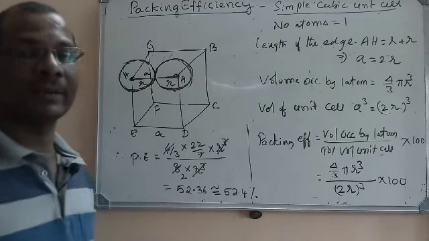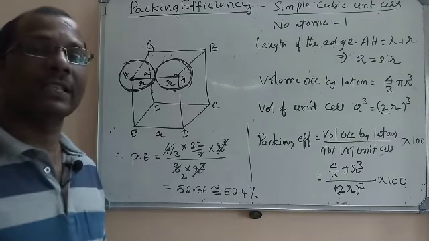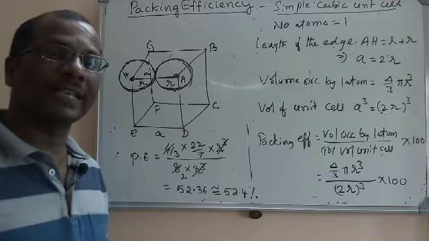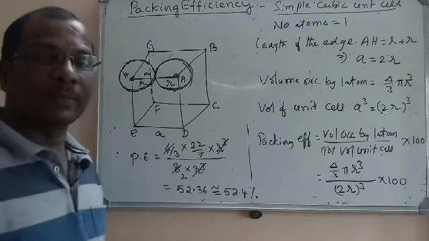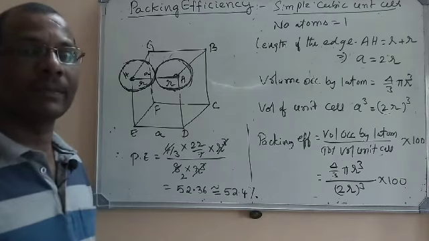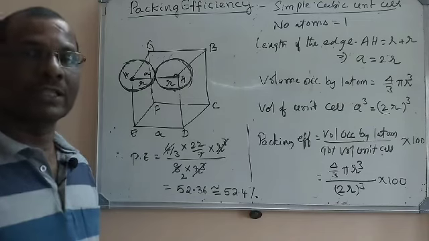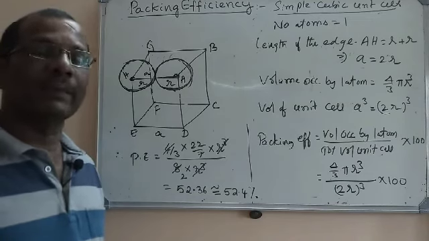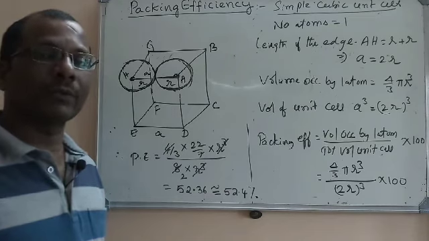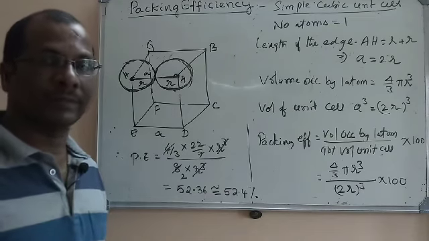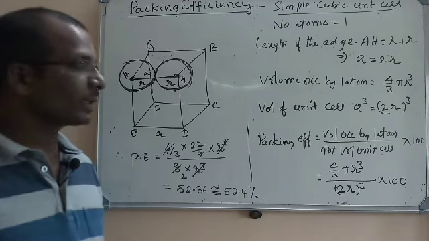So what you can say is, among the three packing efficiencies, FCC or CCP will have the highest packing efficiency, whereas simple cubic will have the least packing efficiency, that is 52.4%. And once again I am saying that these three packing efficiencies are equally important, and always we get one question for our PU board examination among these three. We will continue in the next class.